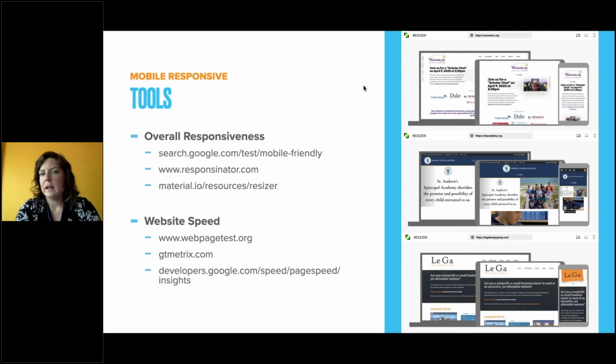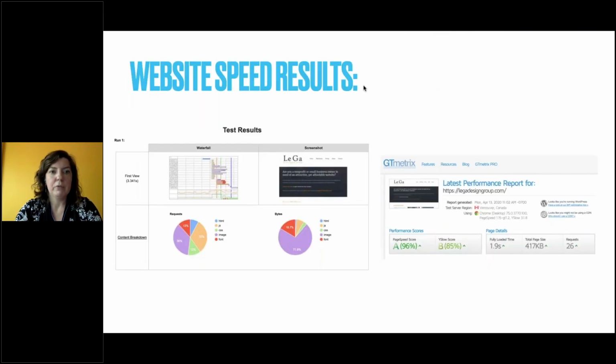And then website speed is another thing. So if you find that your site is taking a really long time to load, here are some examples of some sites you can go to test your website speed. Basically, you just plug in your domain and it'll tell you how fast your site is taking to load. So for example, I have some speed results,